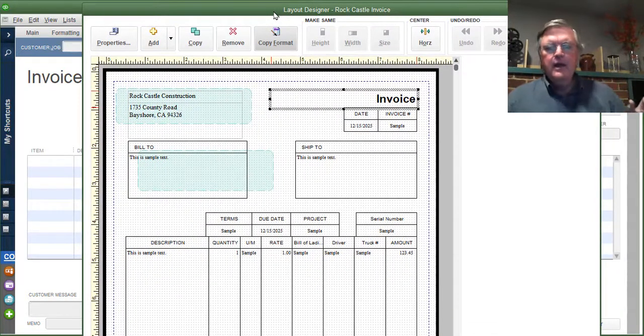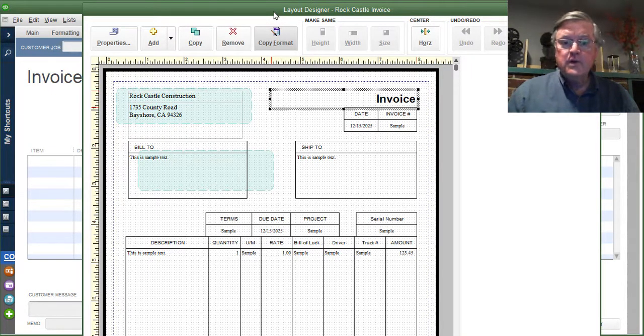All right. This is Layout Designer. This is where we tell QuickBooks where we want the different pieces of information to show. Now, this is on the printed form only. We are not customizing what we see on the screen. We're only customizing what the customer is going to see when we print or email an invoice to them. So clearly, we need to move where that phone number is,